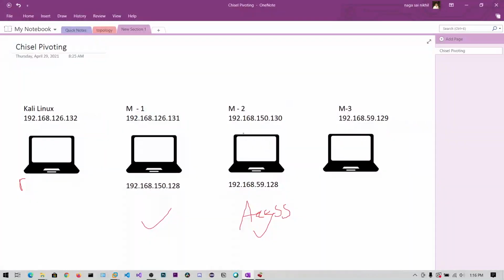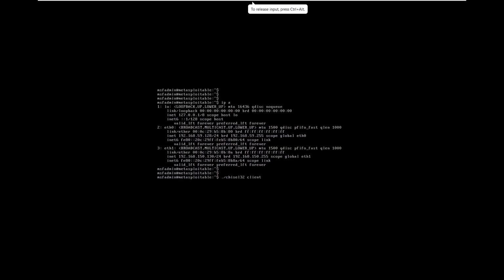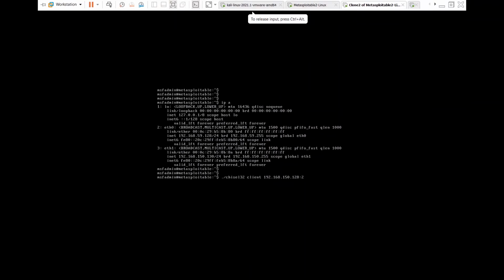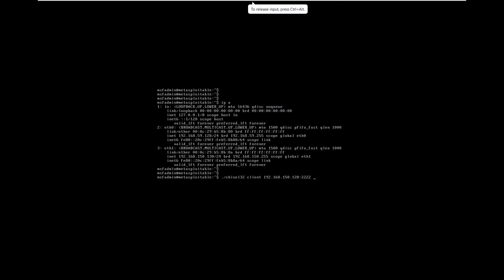The server's IP address is this one, 150.128, because they are in the same subnet, 150.128, colon, which port? The port we have run, 2222.